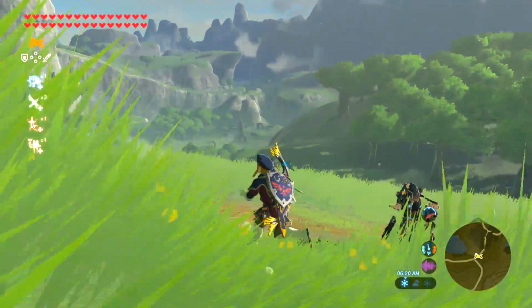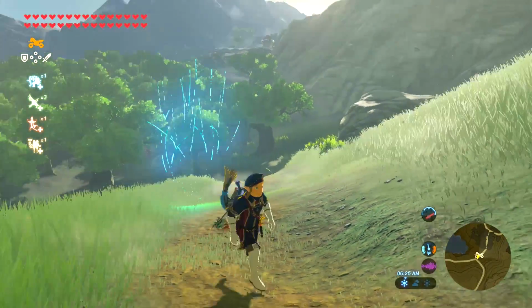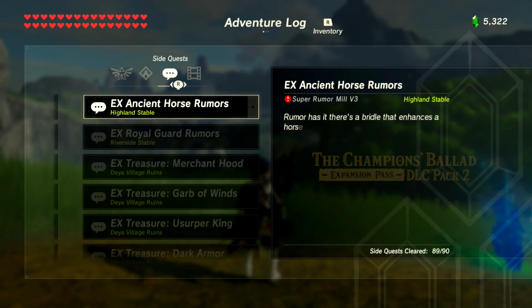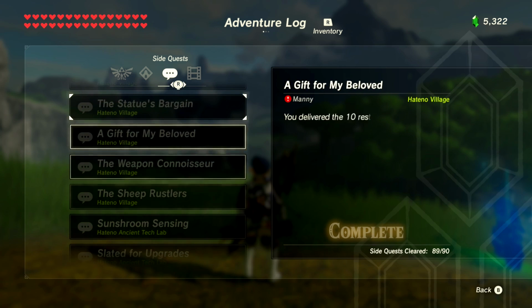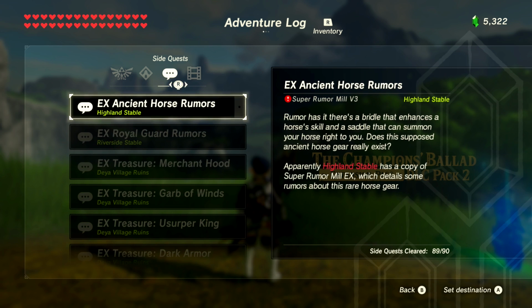But believe it or not, you can actually summon your horse anywhere you go, just like this. And well, how do you do so? Well, if you go ahead and check out our adventure log here, we have one side quest left. Yes, I thought we 100%ed this game. I thought we had everything on screen. Well, we're missing something that's a part of the Champions Ballad. I kind of pointed this out before. I purposely saved this so we can compare it to the Master Cycle 0, and that is the Ancient Horse